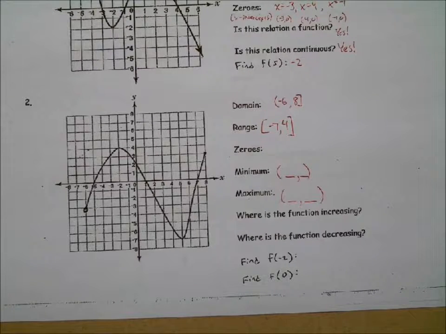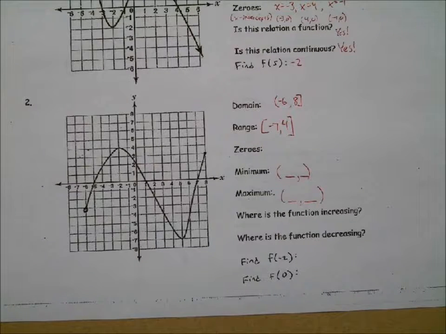So we can see that it's increasing from here up to here, right? What are the x coordinates? It starts at -6 and increases up to like -2. So -6 to -2, and you would use an interval. And there's a second interval where it increases as well. And then same thing for the decreasing, it's an interval. Okay?